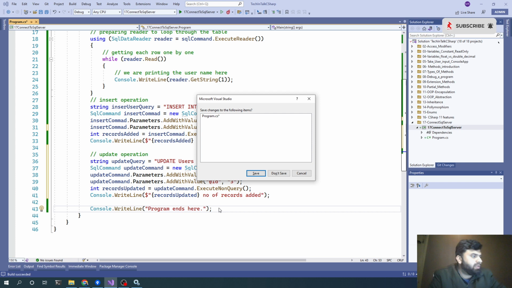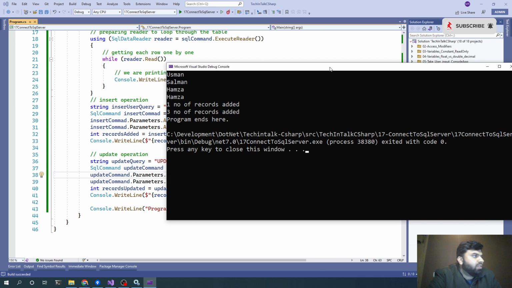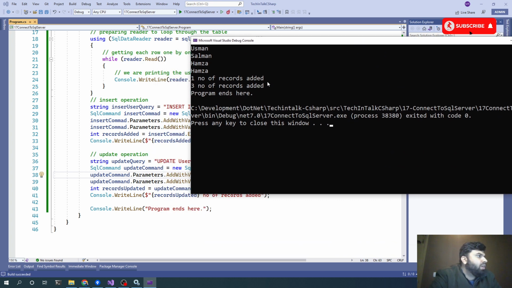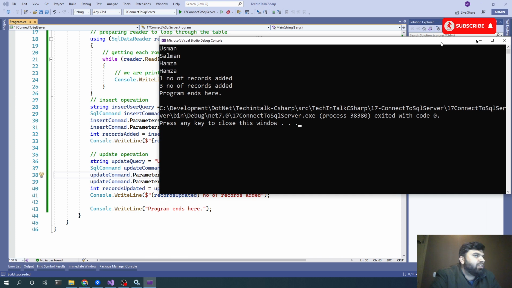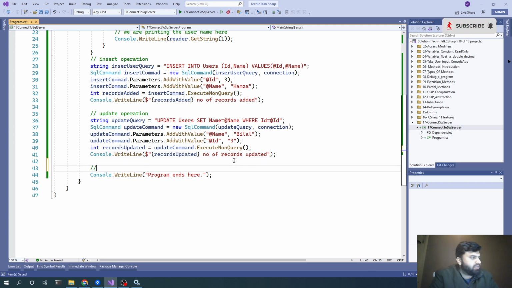So that would be our third operation from the list of 4 CRUD operations. Okay. Yeah, so 1 record added, 3 number of records added, so all operation is doing fine, but we need to update our message. So number of records updated should be the most appropriate message here, and the last operation we want to do is